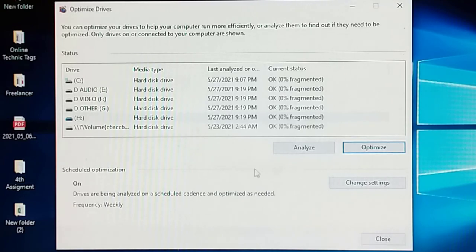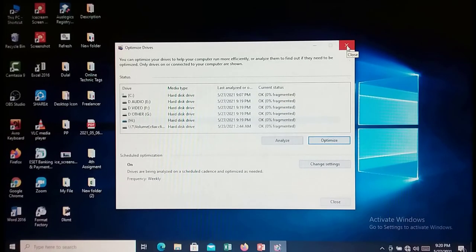After optimizing, you can close the box.